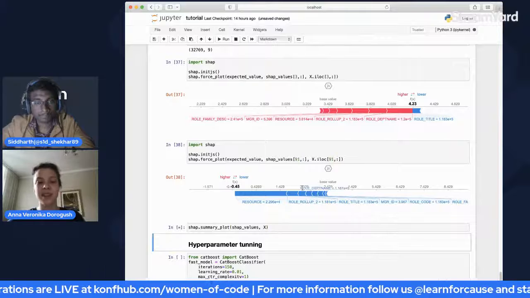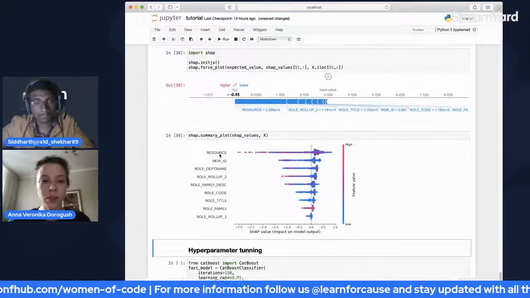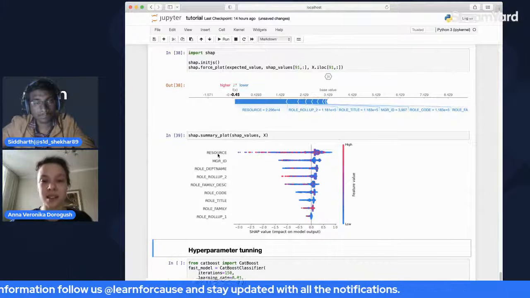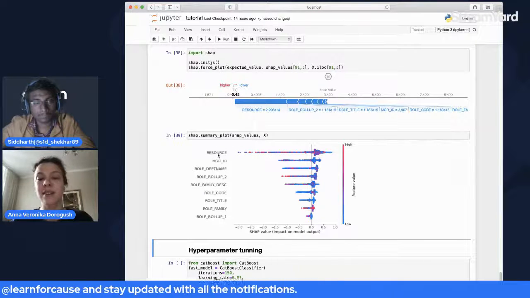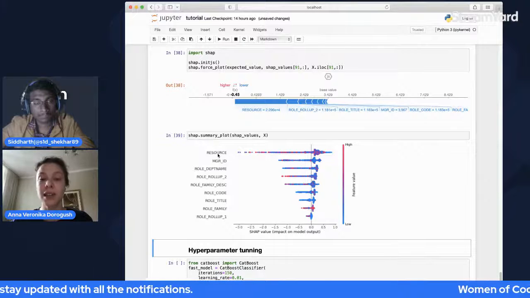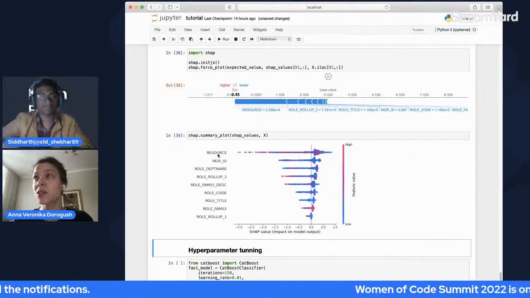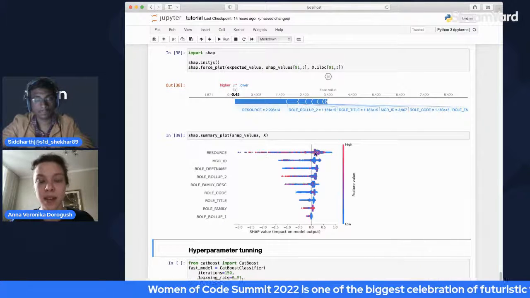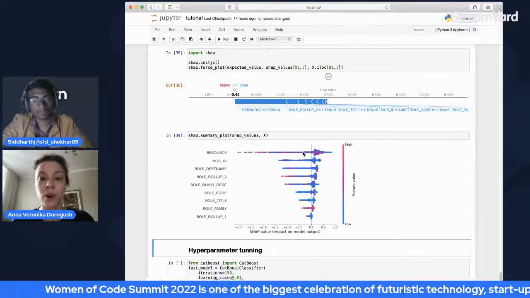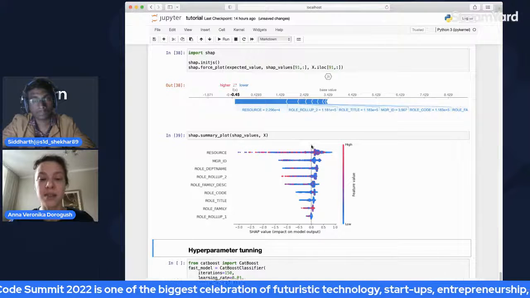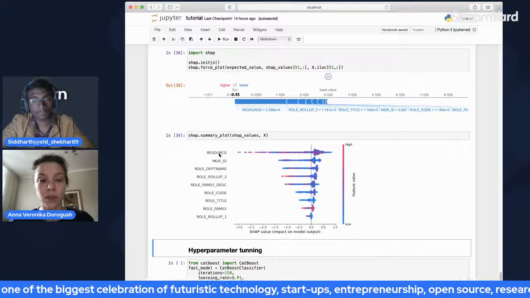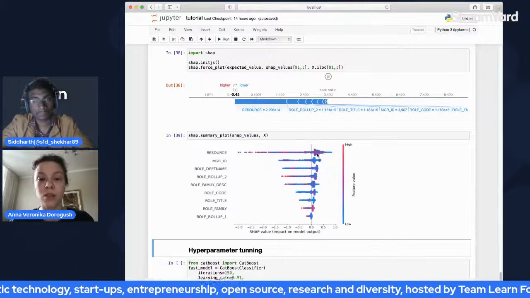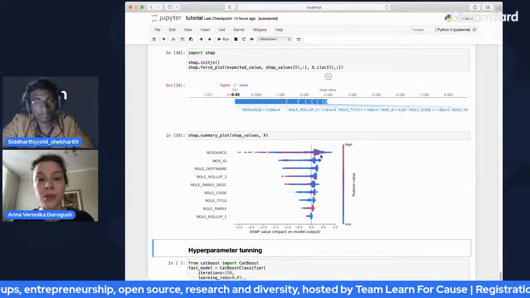There is also a summary plot where, for every feature, you can understand how this particular feature impacts the points in the dataset. Every point, every example in the dataset, is one point. Here is the base value. For many dots here, the feature called resource has a small positive value.